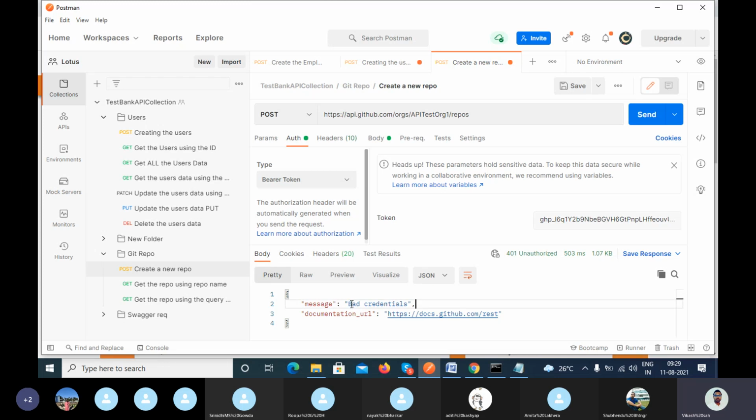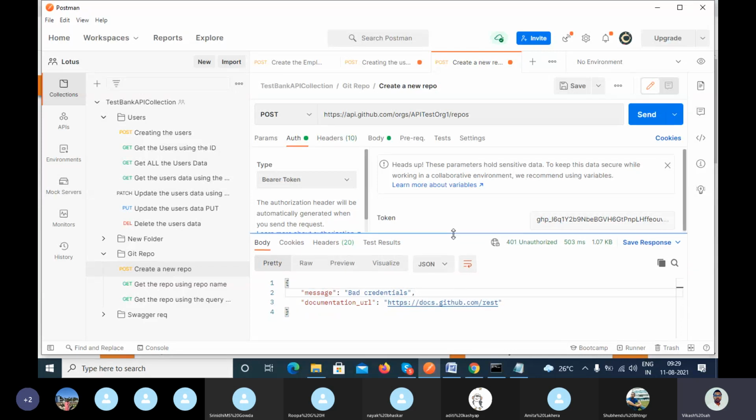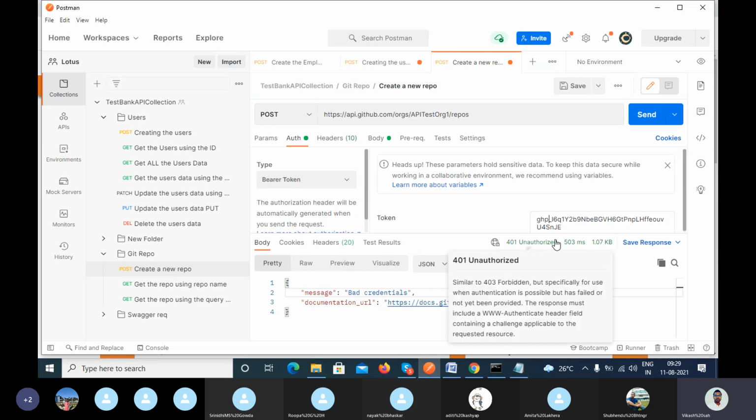So this message is correct. It depends on the requirement actually, so you don't have to worry. This is provided by the client, which you have to validate. Here I have passed the wrong token and you are getting 401 unauthorized.